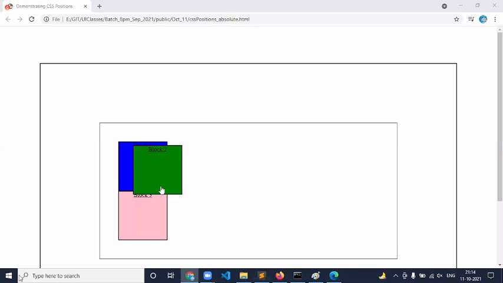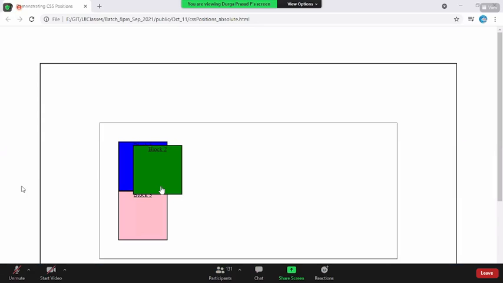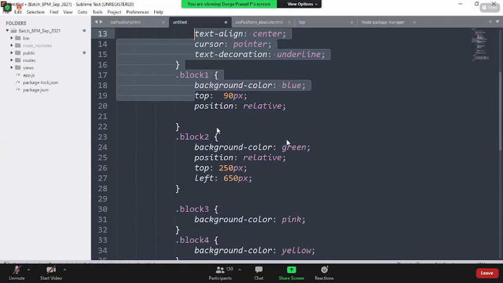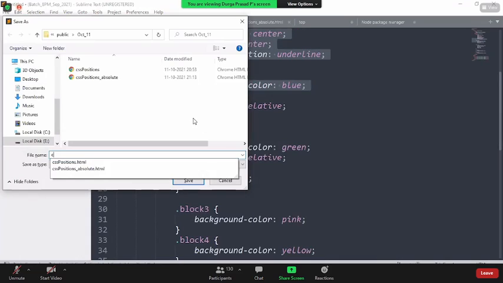Today, do enough practice on position relative and absolute. Tomorrow, I will finish the fixed and sticky. Then we'll create an assignment on top. But before closing, let me talk about the z-index property also.